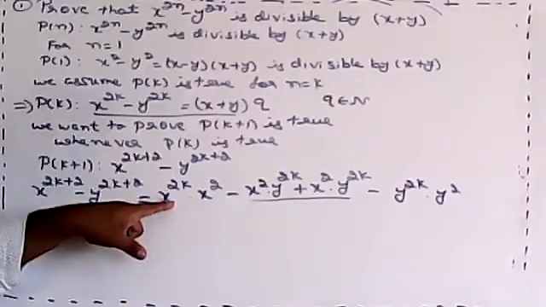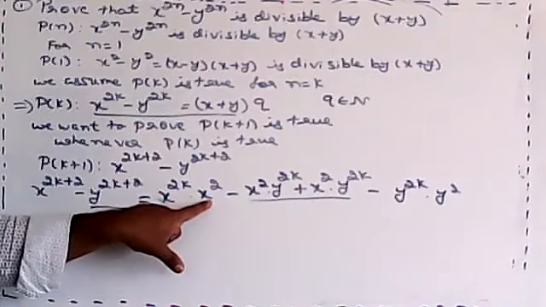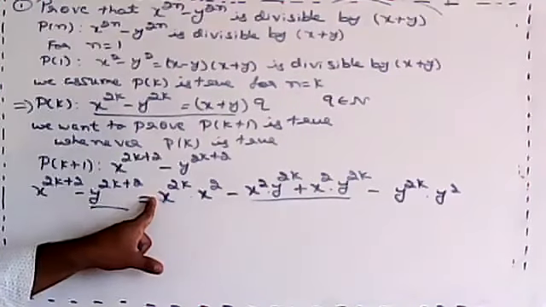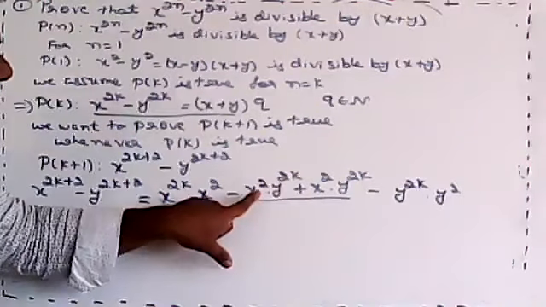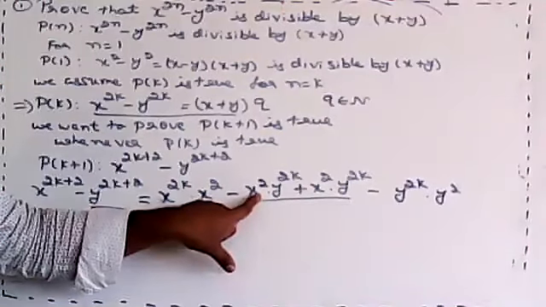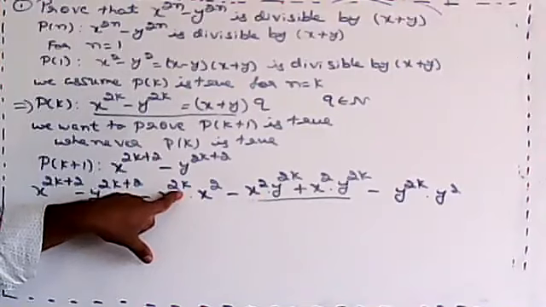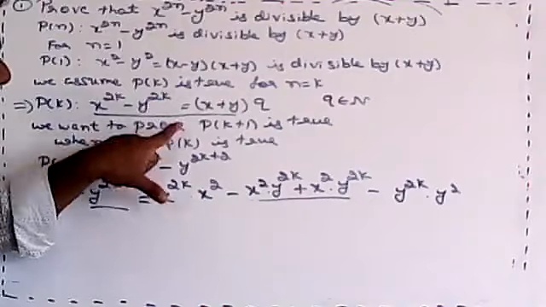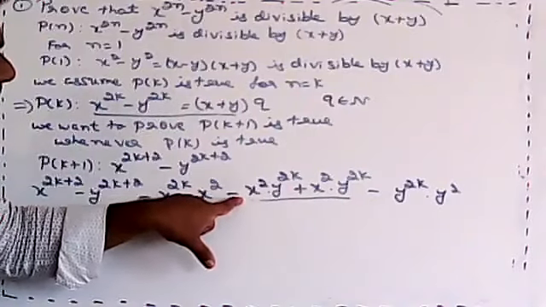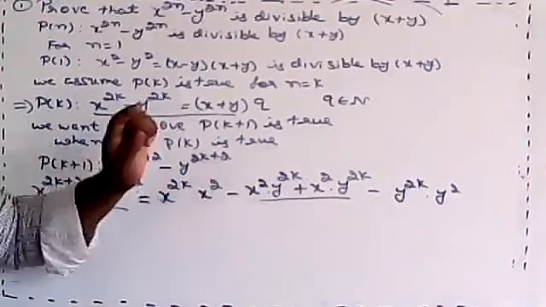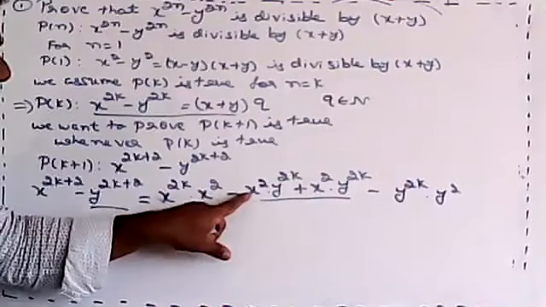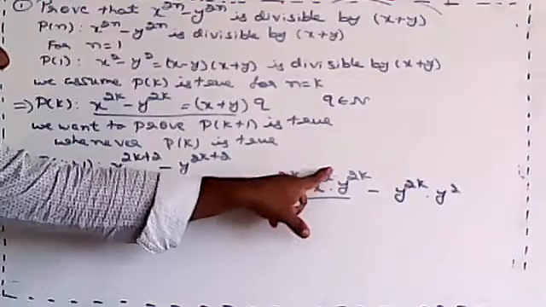So balance this one term, this function. Here x to the power of 2k is there. Correct? What is the extra term? x square. It means I have to take x square common, no? So in the next term, I'm multiplying x square here. When we take x square common, the first term is x to the power of 2k. What is the second term I want here? y to the power of 2k, no? So I'm balancing by adding and subtracting x square into y to the power of 2k. Clear? So minus x square y to the power of 2k plus x square y to the power of 2k minus y to the power of 2k into y square. Rohit, clear this one?